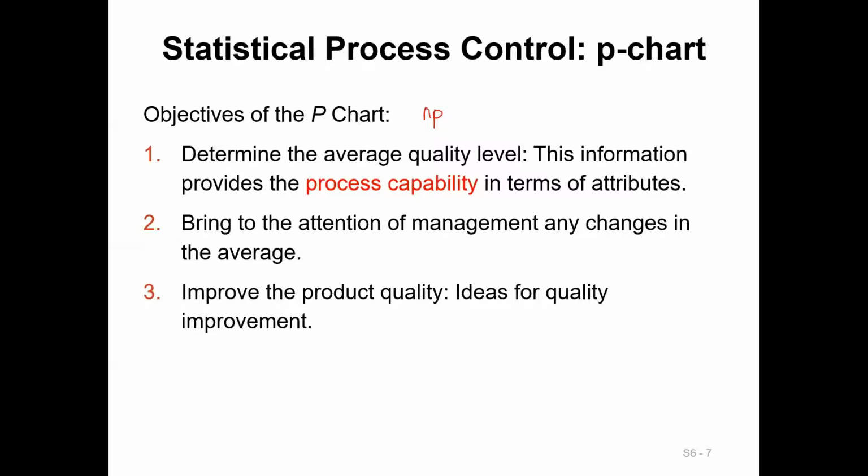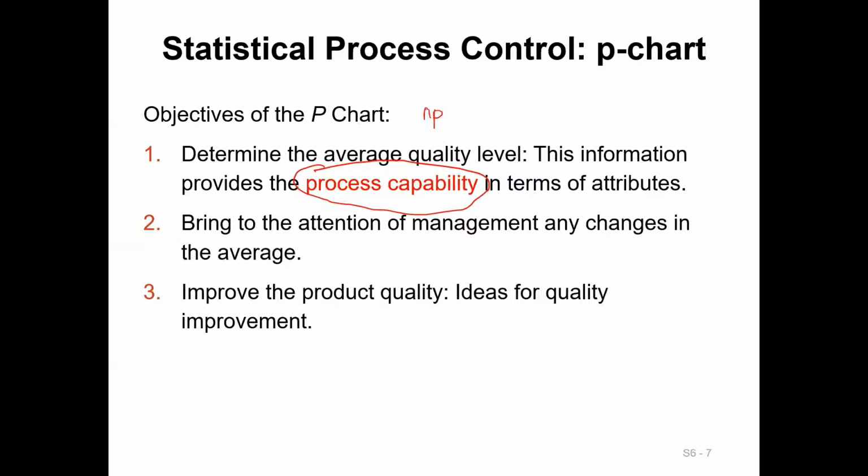In inspection of quality characteristics in terms of attributes, the way of deriving process capability is very, very simple. You can get it done in 1 second, which I'm going to share with you today, but not in this slide. So one of the objectives of using the P-chart is to find out the process capability of the process that you're monitoring.